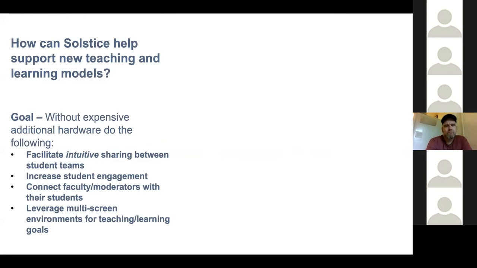So those are pretty aspirational. I think they're going to involve us having deeper dialogues around pedagogy in the active learning space. Step 1, though, is, of course, hitting that first goal. How do we facilitate intuitive sharing between those teams? We want to get